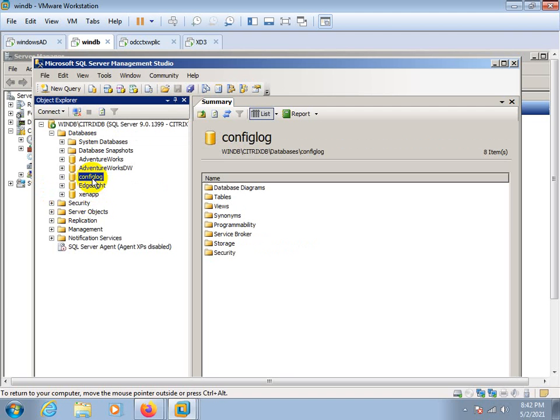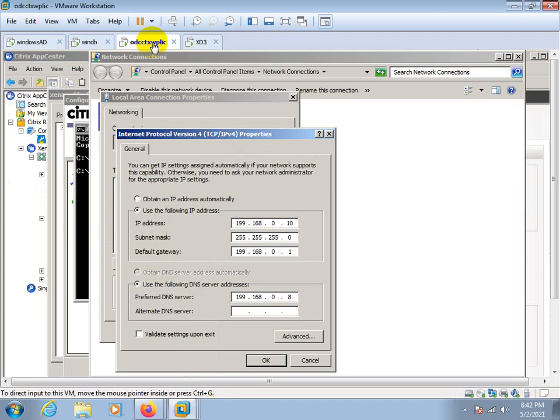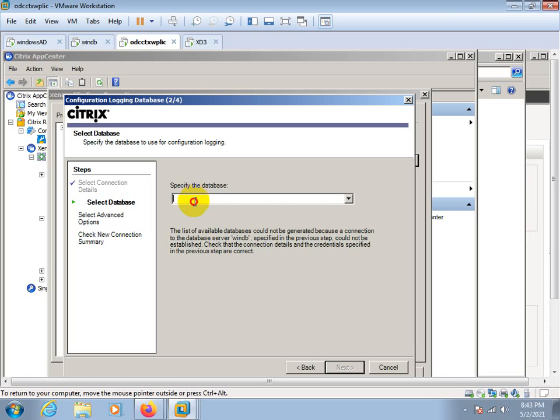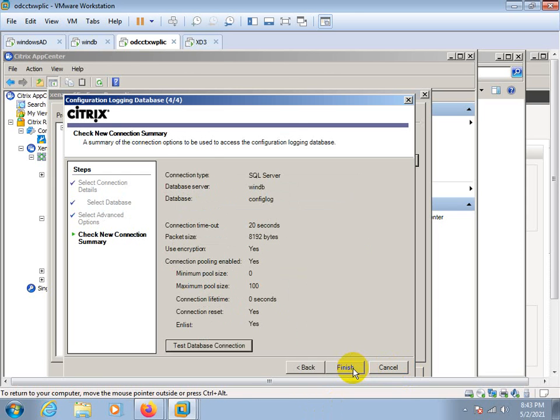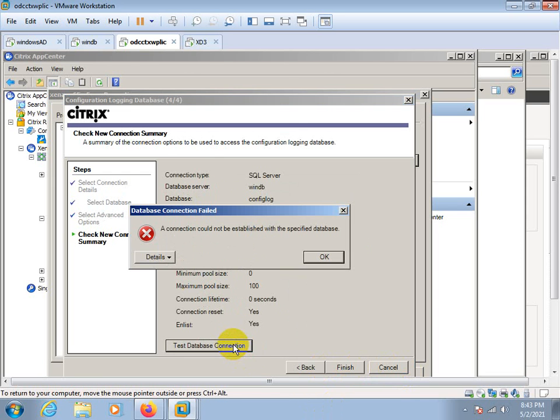Config log is for configuration log. Search database name, config, next connection established with the specific database.